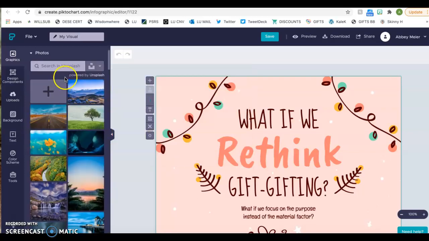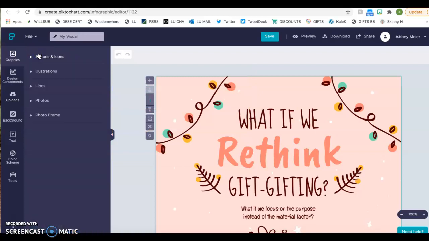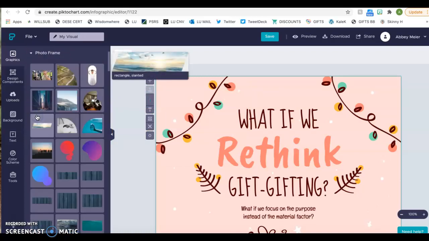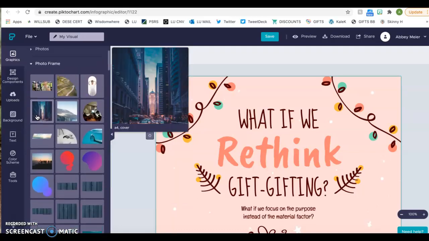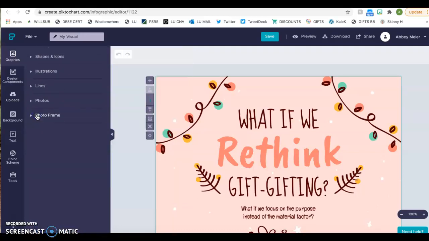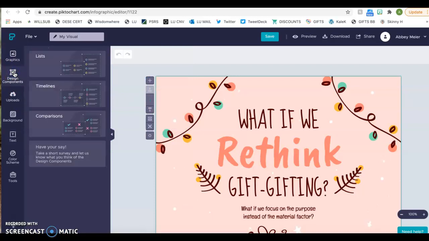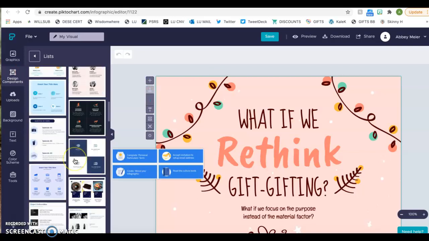Photos, you can actually search for actual pictures instead of just icons and graphics there. And then photo frames as well. So tons of options over here, and this is really good for those who start from scratch as well and don't use a template. Then if I click on design components, I can come up with like a list template